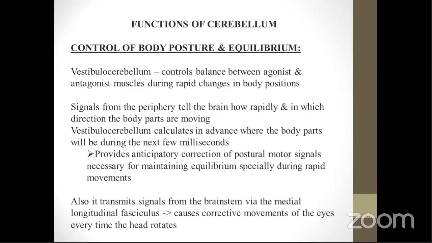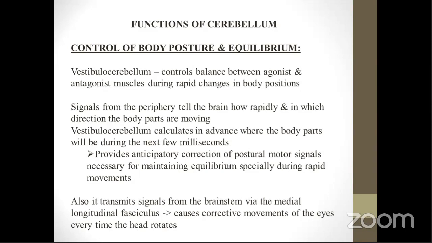Okay, so every time the head is rotating, along with that there is corrective movement of the eyes. And this is via the medial longitudinal fasciculus. So always the cerebellum is having the sensory information. So the head movement, the agonist and antagonist muscles are moving, but the eye movements are also coordinated along with the functions of the vestibular cerebellum. So this is the major part by which it takes help from the sensory information and maintains the body